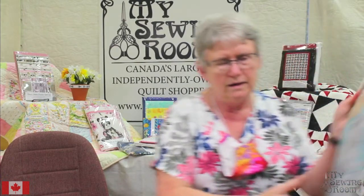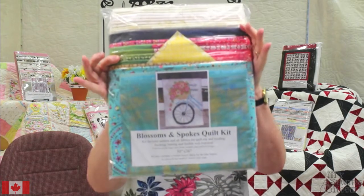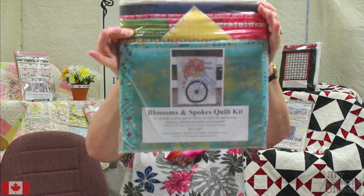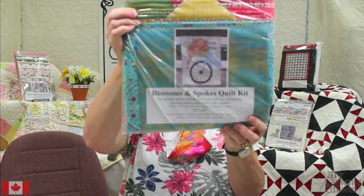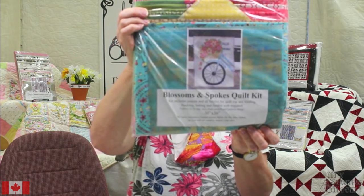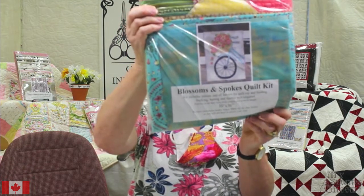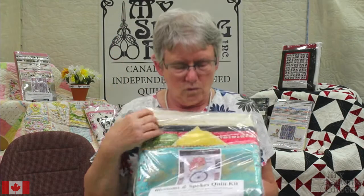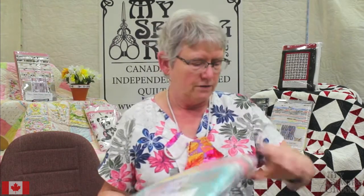This is what that Blossoms and Spokes looks like. And again, Dawn's got a nice little note on the back here. We have included a basket weave fabric for the bike basket, so you will not need to weave your own. The flower and flower center fabrics are cut all the same size so that you can mix and match your own bouquet. So again, just a well thought out, beautiful little quilt kit,